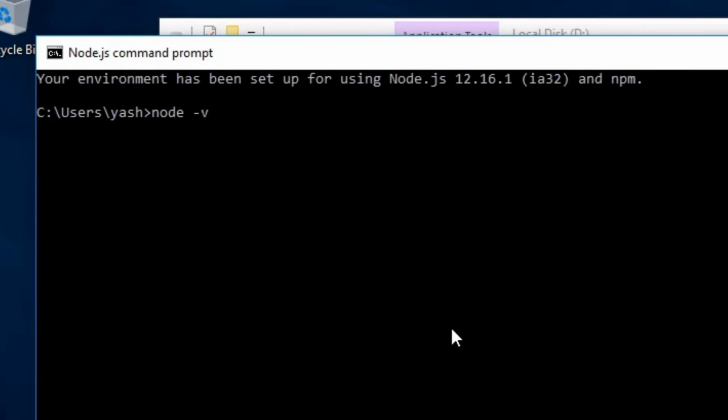You can see our Node.js version is 12.16.1, and now check the npm version. So type npm dash v, and you can see our npm version is